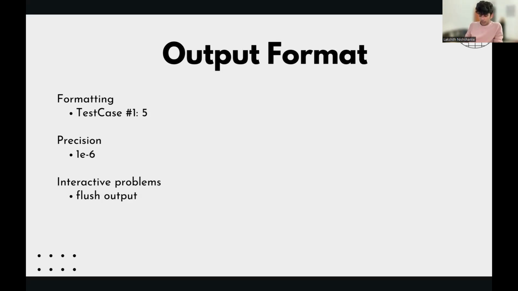Something you have to focus on here is, for example in C++, when you take an input and output something, you have to do this thing called flushing the output stream. If you don't flush the output stream, your program can't read the next input. This happened to me when I was starting out.